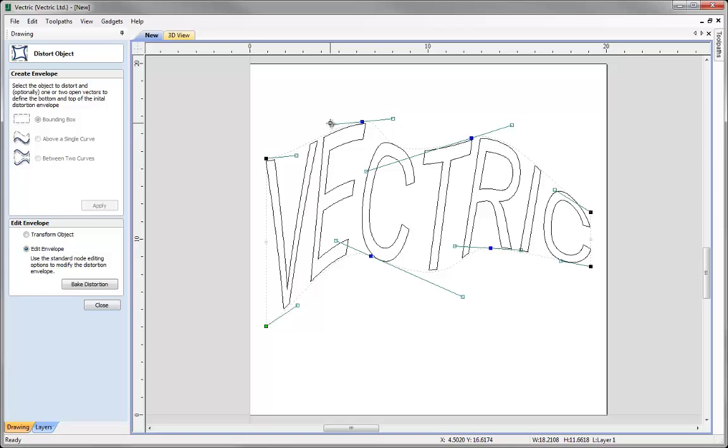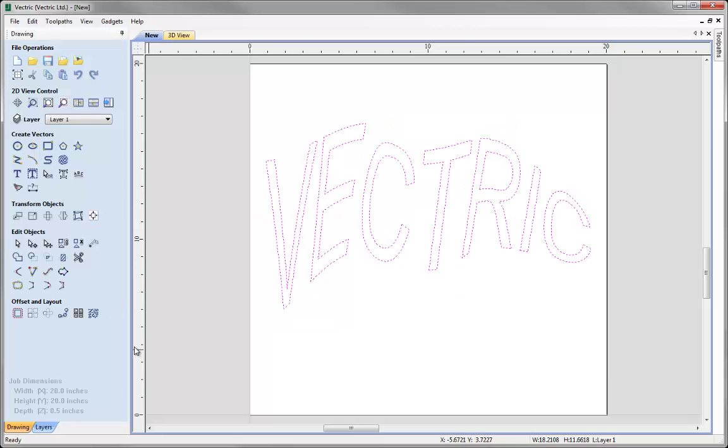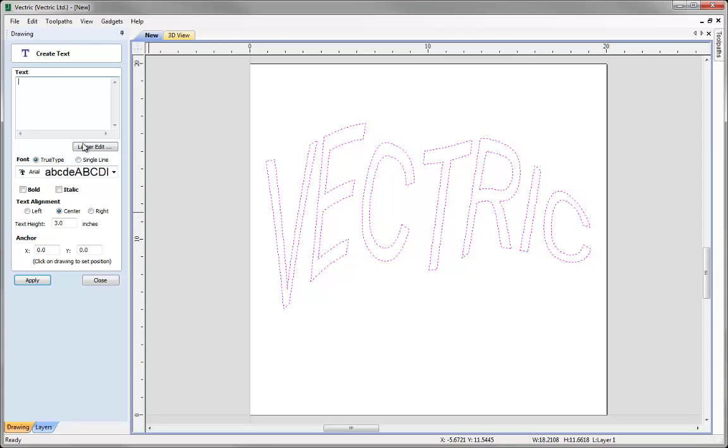Now when using the Distort Object tool, there is something that we do need to take note of. So let's just say I'm happy with the distortion that I've got at the moment. I can simply click close. You will notice that we no longer have the solid outline of the text that we had before we went to distort it. So if we just deselect it and select it, you'll notice that it's still selected all as one object essentially, but it's not selected as text. As we can tell, if we went back to try and edit it as text,